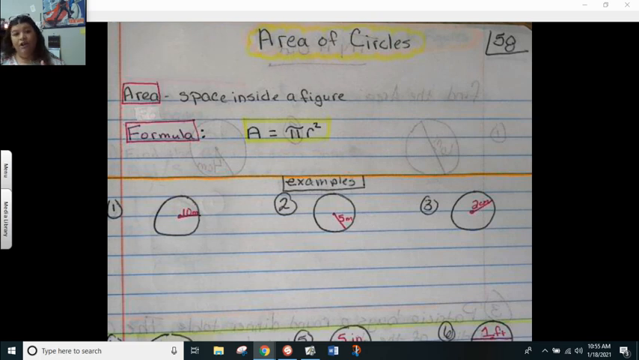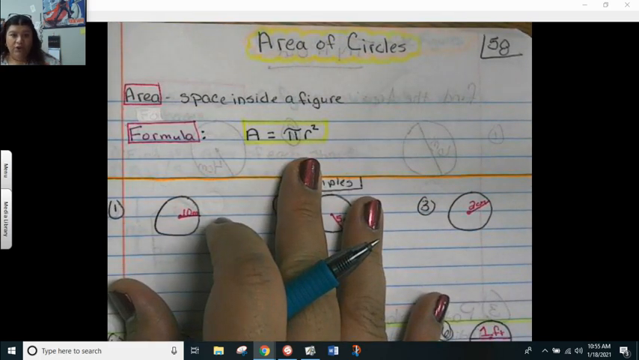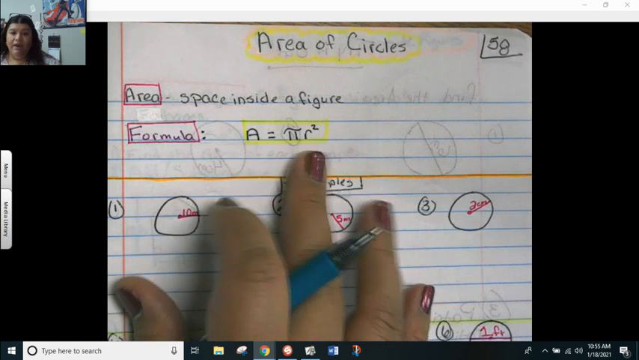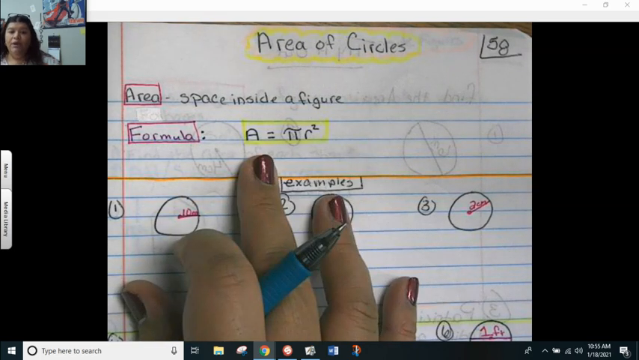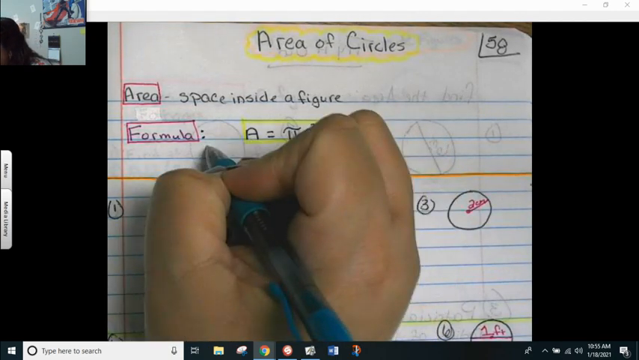Now the formula on your chart, unlike circumference, which has two, one for the radius, one for the diameter, you only have one here for area of a circle, and that is A equals pi r squared, okay? So what do these words mean? Well, A, you probably have guessed it. The variable A stands for area,